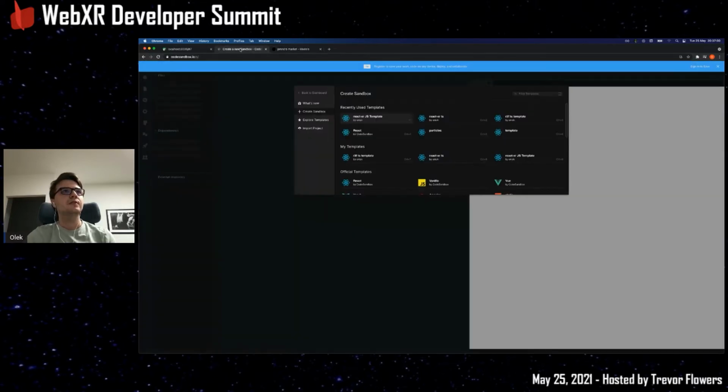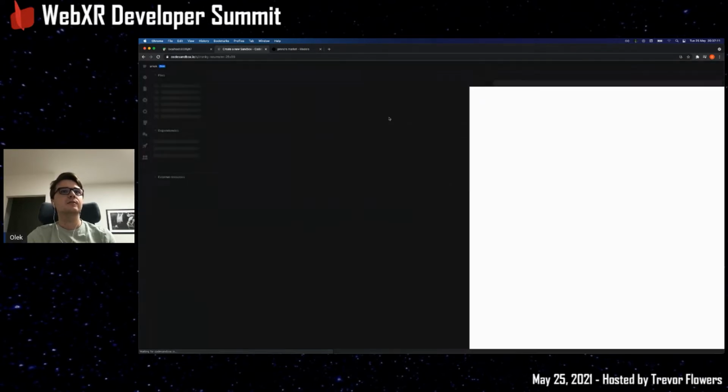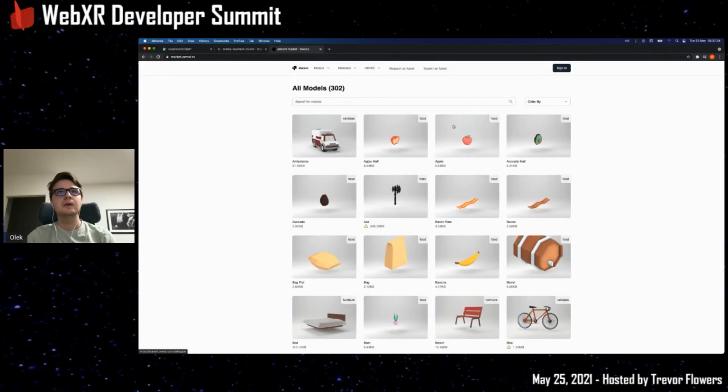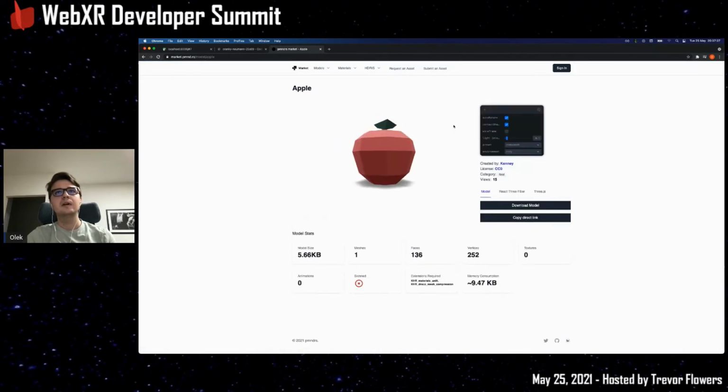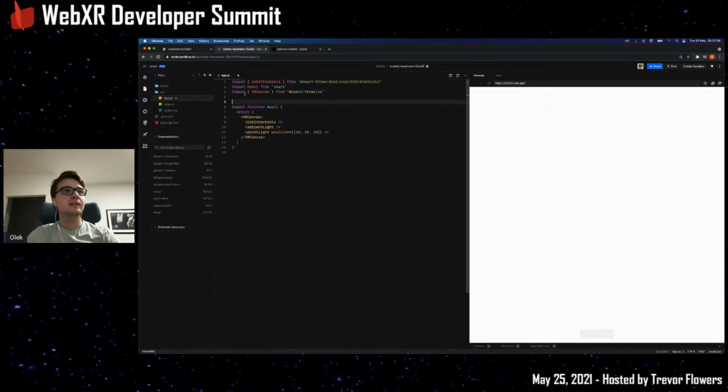So I'll be using CodeSandbox, which is a really useful tool to be able to get started with any web project, and especially WebXR. So I'll use my template with just a basic scene that contains just some lights. And let's look how easy it is to add a model. We'll choose an apple. Over here, you can see you have a React 3 Fiber section, which is super convenient, and you just copy the import. After that, you add it to your app,